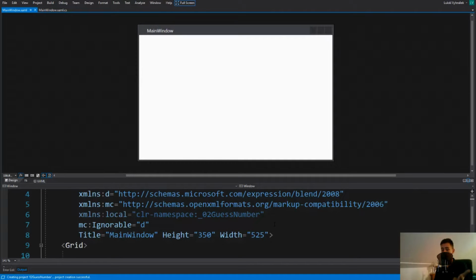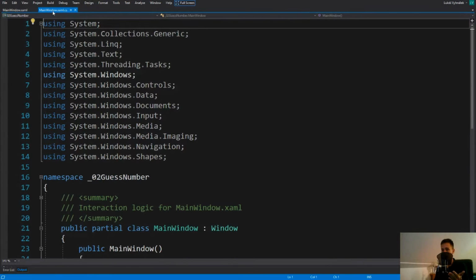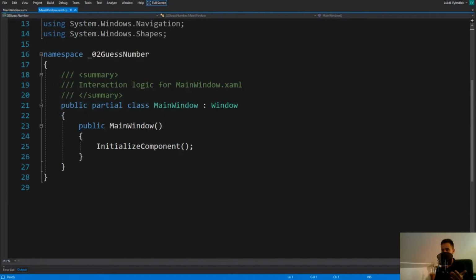Well, hello guys and welcome to this lecture. In this lecture we will create the guess number game, so let's get into it. I created a new project, as you can see, main window, and this main window is just completely empty,